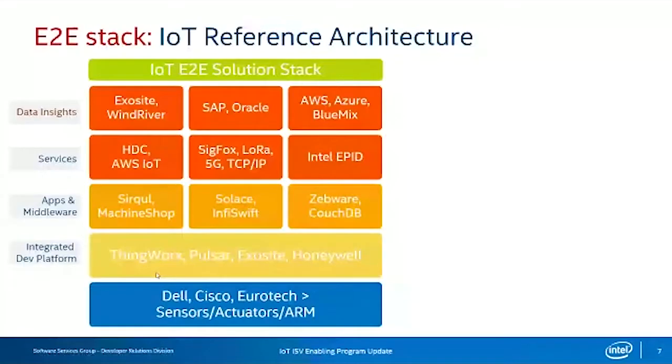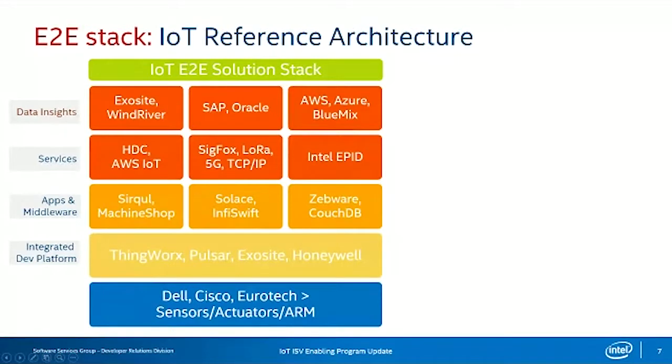To motivate that, I'm going to show you this one slide that I put together to give a one-sided, multifaceted view of some of the ingredients that go into an end-to-end IoT stack. So think of this as a reference architecture. Underlying the reference architecture, you have your hardware devices, such as your Dell, Cisco, Eurotech, and they're connected to any number of sensors or actuators, pulling in data from industrial equipment, and you may even have some ARM devices at the end. So all of that works okay.